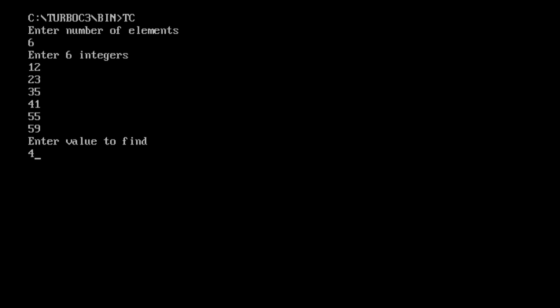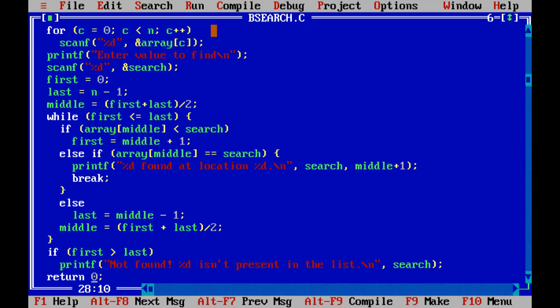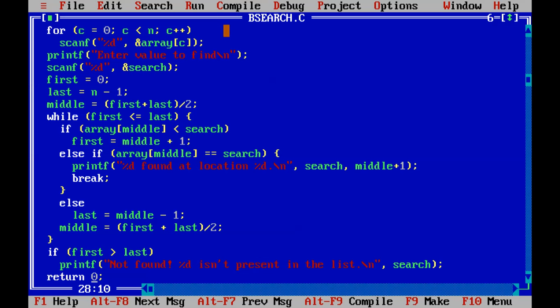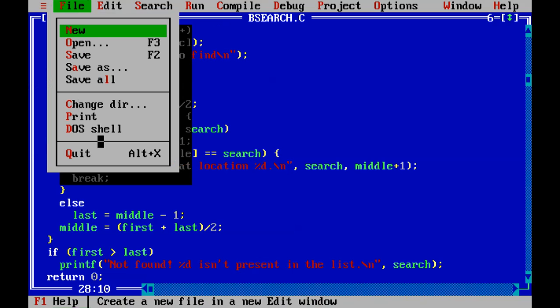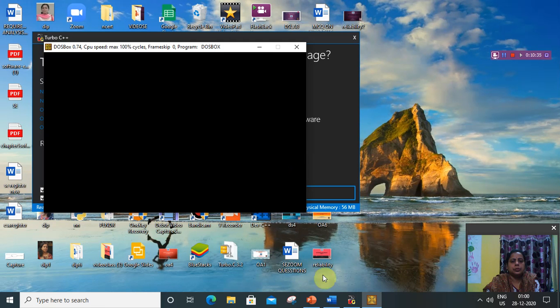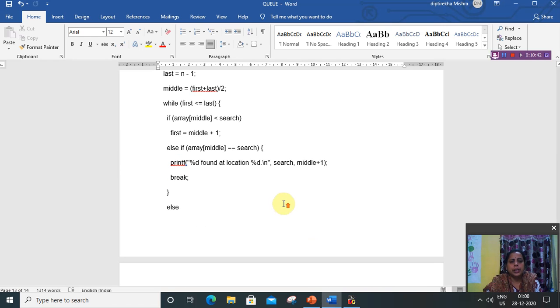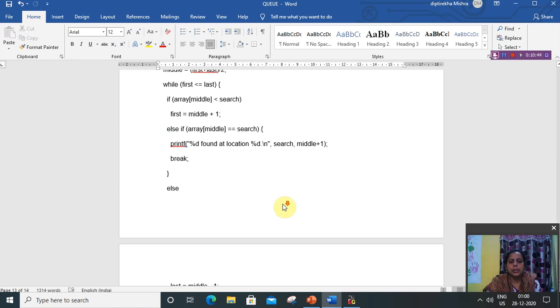Then enter the value to find, the number to search: 41. Okay, 41 is in location 5. So this way we can find an element from an array using binary search.